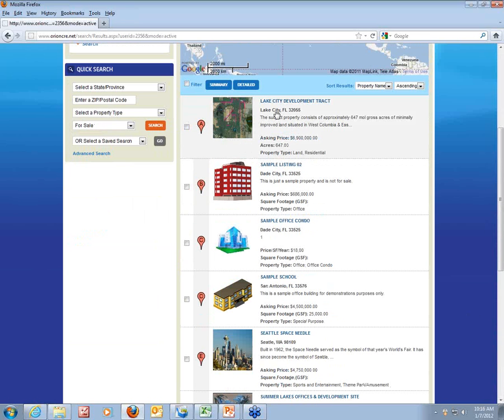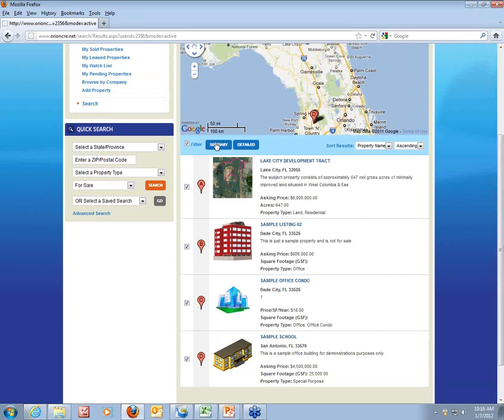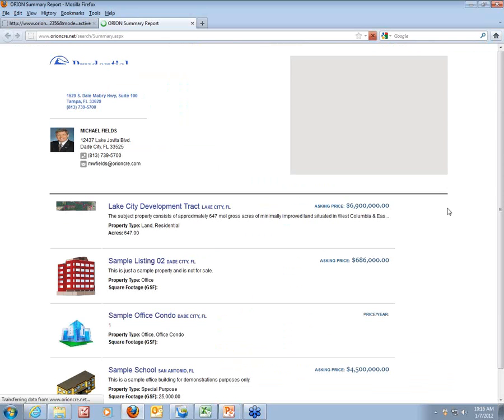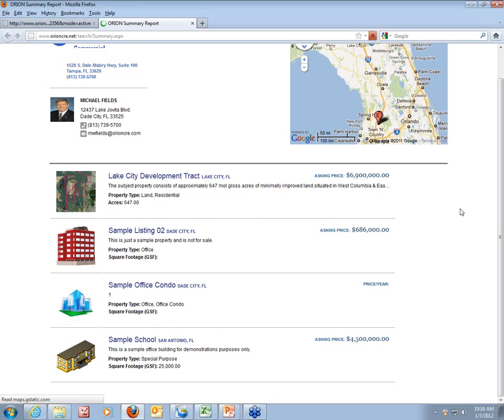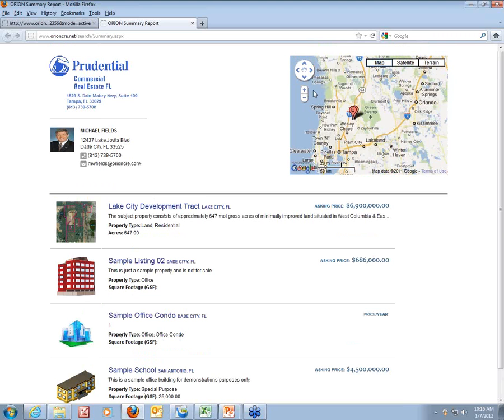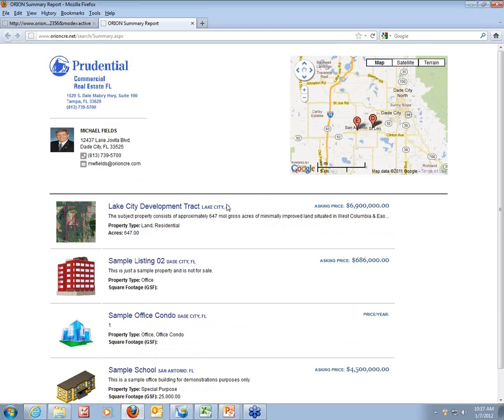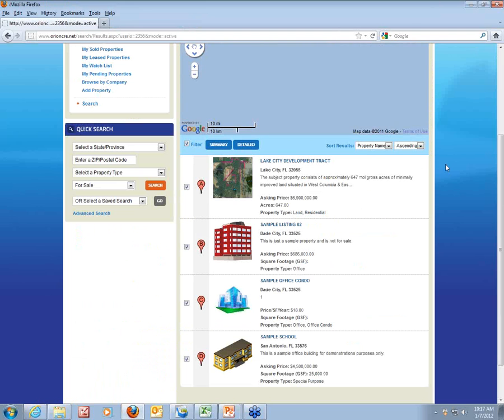Let's say I wanted to look at the Lake City Development Tract, this sample listing, and this sample office condo, and this one, and I just wanted to get rid of all the others and look at only those 4. So I check the filter box and I click on filter, and I can see those 4 properties now. If I want to look at a summary view of them, I can click on summary, and it'll give me a printable 1-page that lists all the properties, a little blurb on each one, and a map showing where they are. I can zoom in on this map if I want to get more detail on these that are very close together. However I want to do it. But then I could print this if I wanted or whatever. That's just a quick idea on the